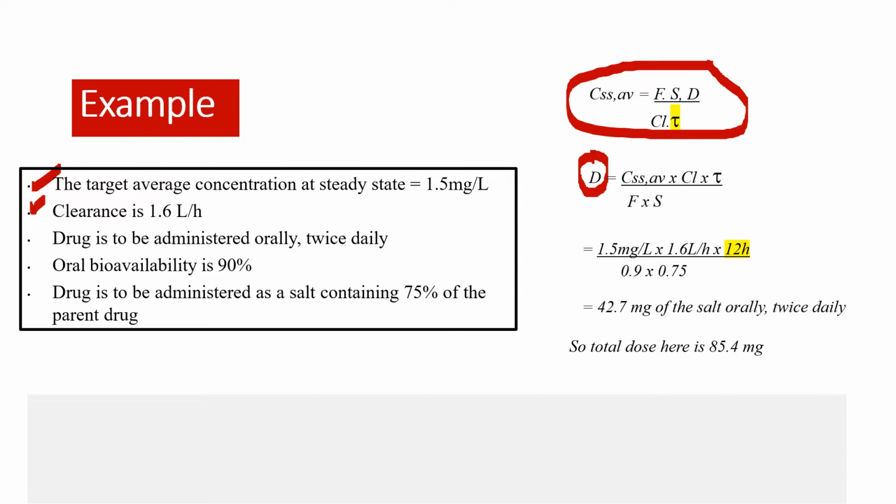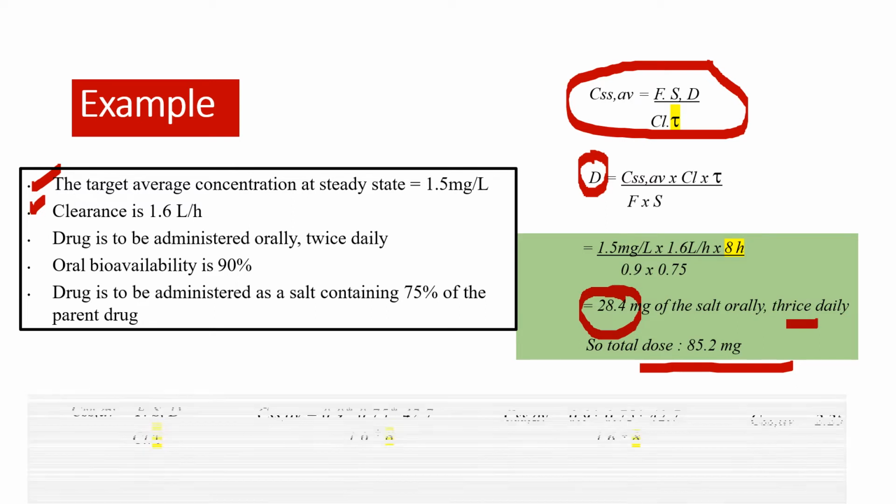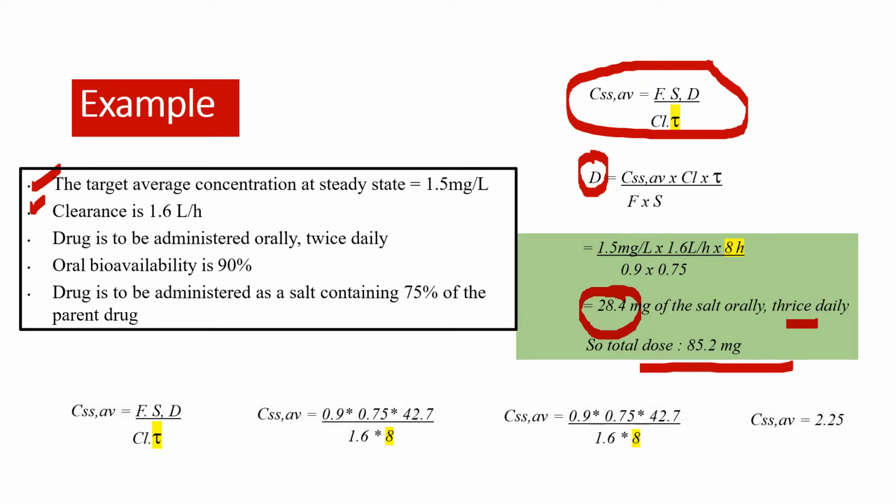So we calculated it, and ultimately we found that the total amount is 85.4 milligram, and since it is twice daily, we have to divide it by 2. That is, ultimately we get around 42.7 milligram of the salt. Now, if we make it 3 times a day, that is TDS, the total amount will be the same, but the amount that is dosed will be 28.4 milligram of the salt for every dose. Next again, if we give the initial 42.7 milligram TDS, not BD,